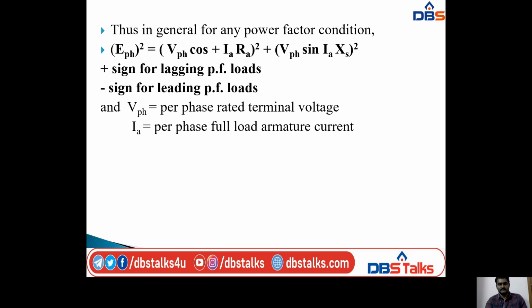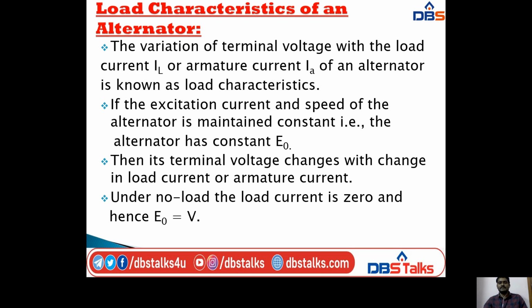And next, coming to the last topic in unit 1, that is load characteristics of an alternator. So the variation of terminal voltage with the load current IL or armature current IA of an alternator is known as load characteristics. So if the excitation current and speed of the alternator are maintained constant, that is, the alternator has constant E0,